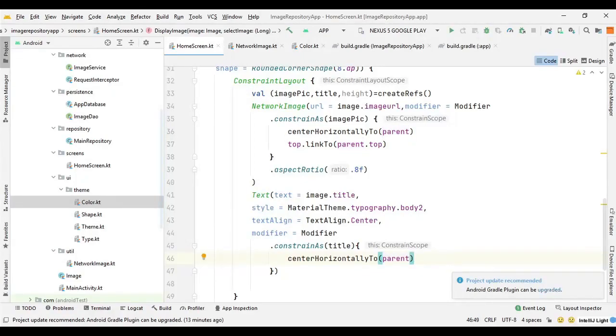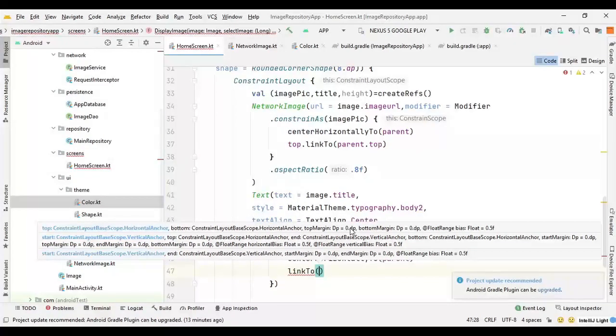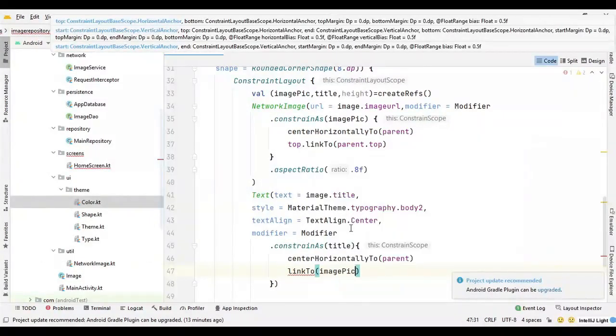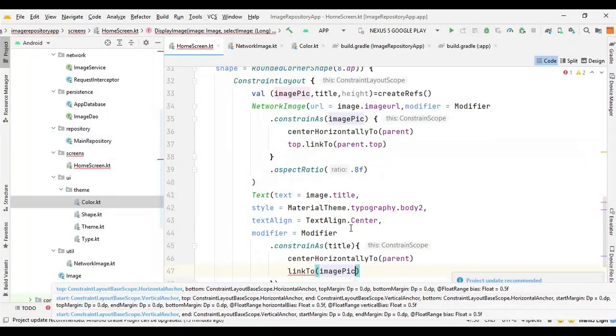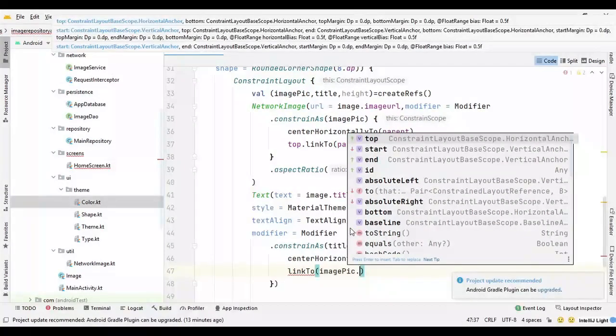And then we need to link to the bottom of the image, so we can say link to, and we can say image pic. So now this time we are going to link it to the bottom of the image, so we can say image pic dot bottom,